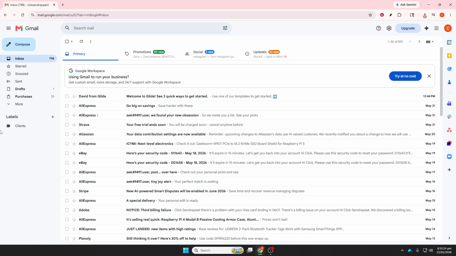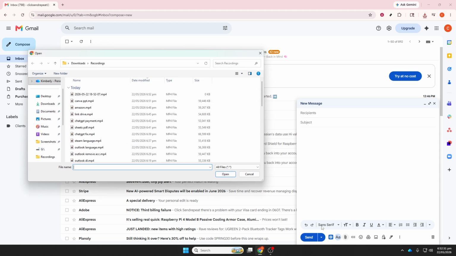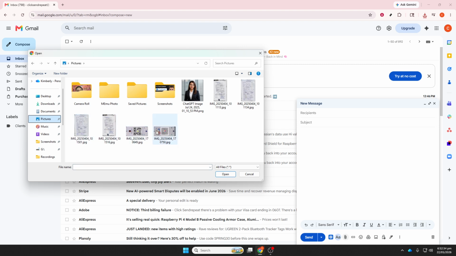Now open Gmail and click Compose to start a new message. In the toolbar of the email, click the Insert Photo icon. Upload the image or images you created. Once they appear in the body, click on them to resize if needed so everything looks balanced and readable. With this, your PDF's content is visually embedded right in the email body, making it easy for readers to scan